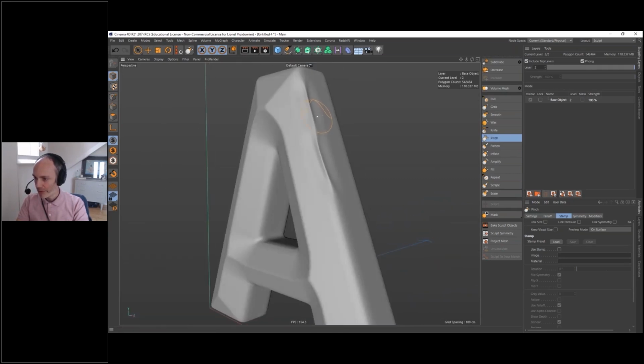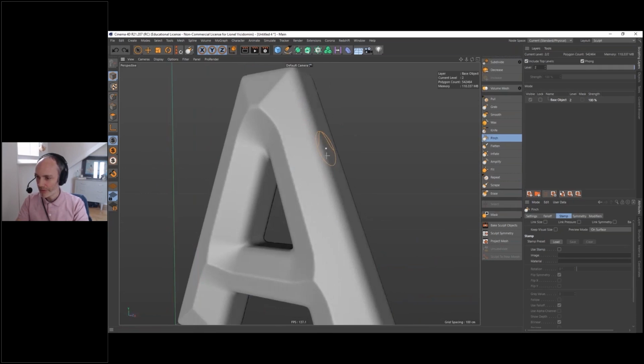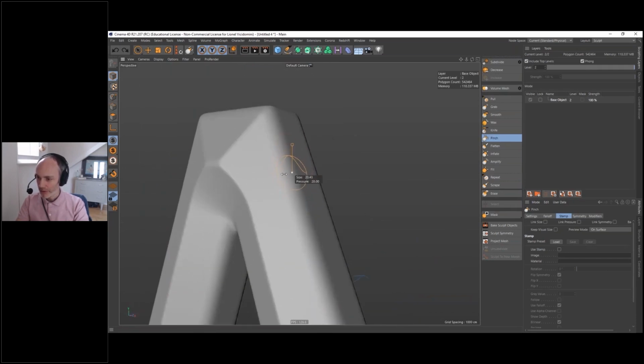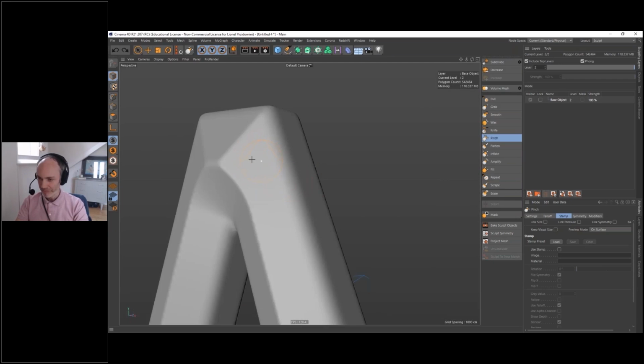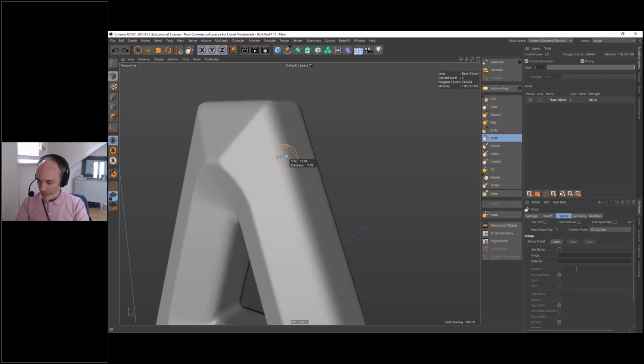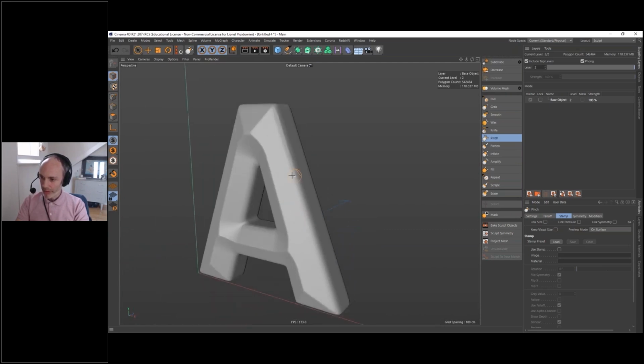Okay, that's obviously too much. So I just Control Z, and we're going to reduce the size of the brush and reduce the pressure. I'm doing that by keeping the middle mouse button pressed and sliding left, right, up, down. And actually, I'm using a Wacom tablet. So maybe a bit smaller. And now I'm going to create the pinching.